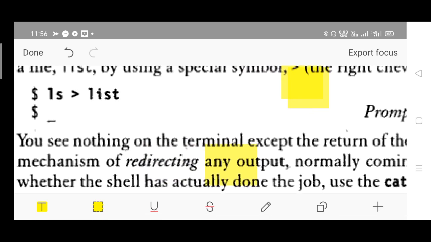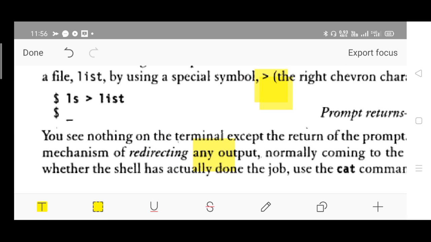Here, along with the ls command, we have used the chevron character, and in front of the chevron character an argument is written, called list. The ls command simply lists out all the file names of a particular directory, which we don't want to see on the terminal.